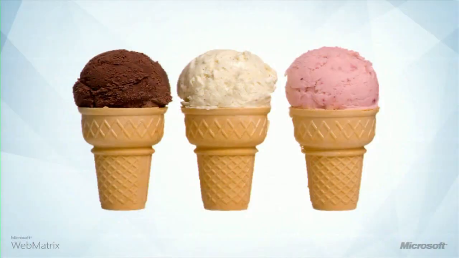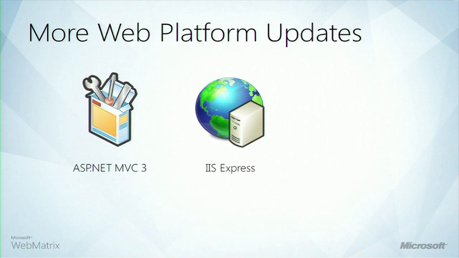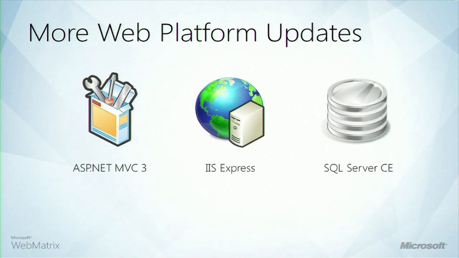But as we talked about early in the presentation, there are many different flavors of web development. And WebMatrix and the open source applications you've just seen are simply flavors of web development. We have many more platform updates that we want to talk about today. Specifically, ASP.NET MVC 3. It's getting dependency injection. It's getting Razor as its new view engine. It's getting global action filters. It's getting great validation support with Ajax and jQuery, very unobtrusive support. And additionally, IIS Express and SQL Server Compact Edition are available in Visual Studio Service Pack 1.